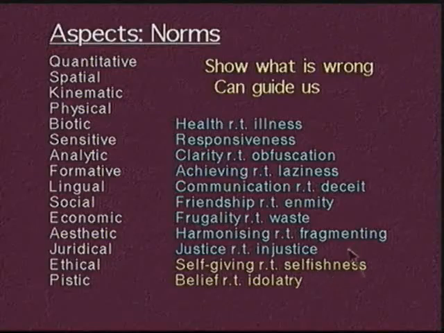These aspects, I think, are the ones we need to look at if we are going to overcome something of the north-south divide. We can't do anything about the physicality, but we can do something about health and illness and mental illness. We can do something about it if the difference in productivity is to do with laziness. I don't think it is. But we can actually look at it. The formative aspect says, look at this. See whether it really is that. And I think it's not.